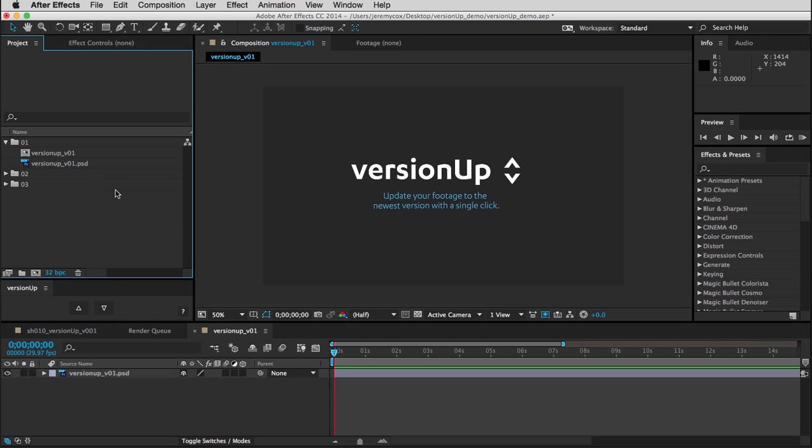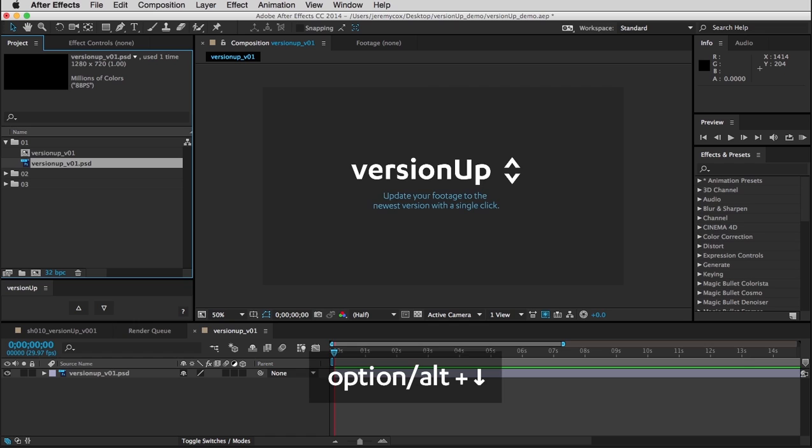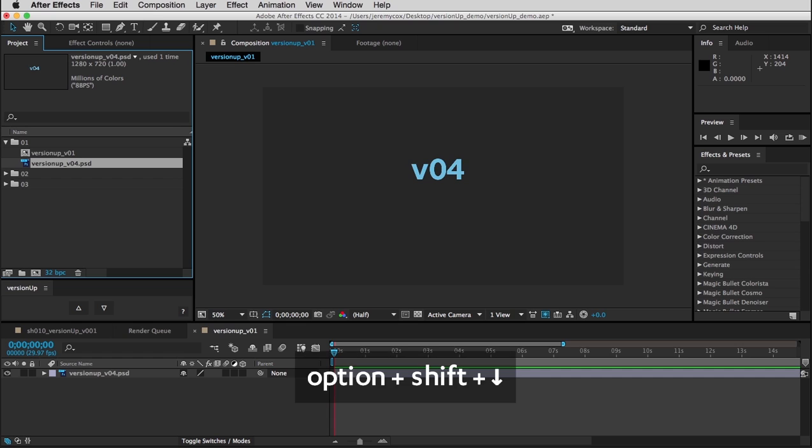You can now use keyboard shortcuts to trigger these things. Getting the keyboard shortcuts to work is a little complex to set up, so I have a separate video specifically devoted to getting that working. I'm selecting my footage here. I have it set to Option up arrow and Option down arrow on my keyboard. So Option up arrow, version 2, Option up arrow, version 3. And I can go all the way up to version 4 and back down. This is just using the keyboard. Similarly, Option Shift up arrow all the way to version 4, and Option Shift down arrow all the way back down to version 1.